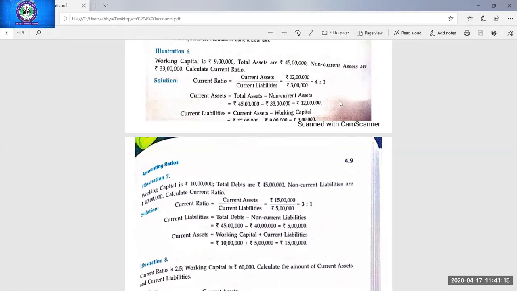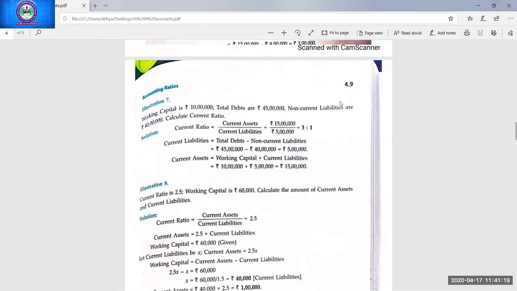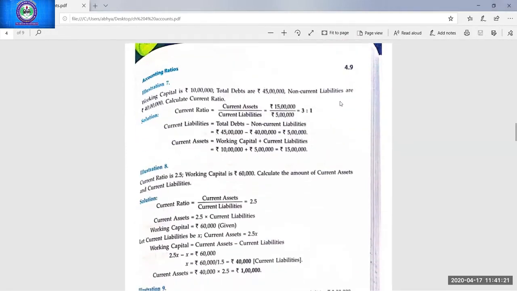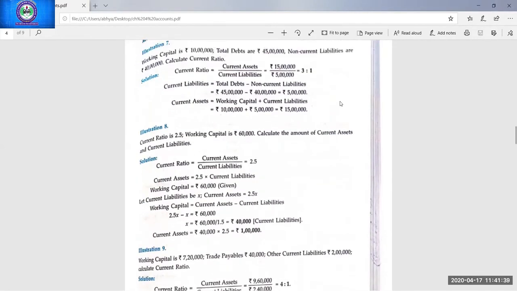Yes, very good, Anush. The answer for current assets is 1 lakh and the current liabilities are 40,000. Please try, everyone, because otherwise the topic will become difficult for you. So current ratio is 2.5, working capital is 60,000. So current ratio, current assets is 2.5 into current liability. You can do it in this manner, or what you can do,